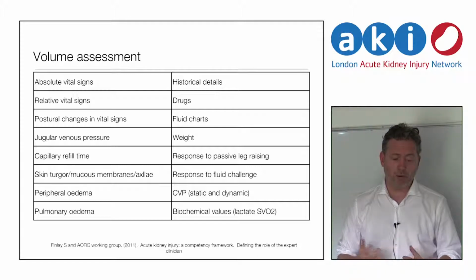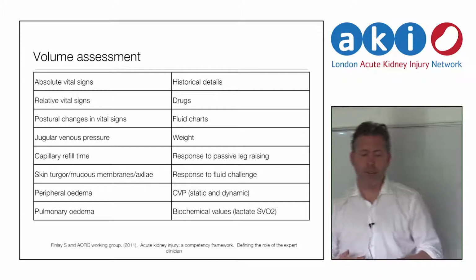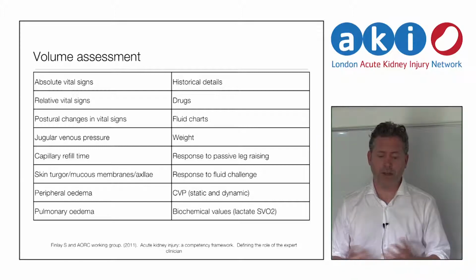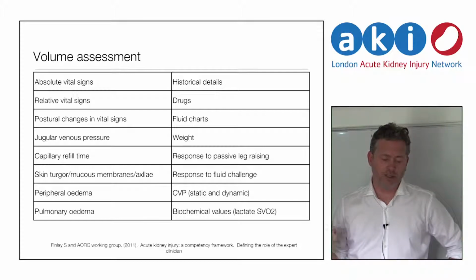We may see peripheral or pulmonary edema. There are the historical details. Has the patient had a lot of fluids? Have they lost a lot of fluids from diarrhea or vomiting? What drugs have been given? Have they been exposed to diuretics? Fluid charts, weights. Weights are a very good way to assess changes in salt and water composition in ECF volume